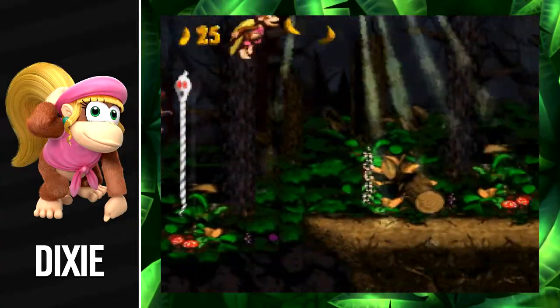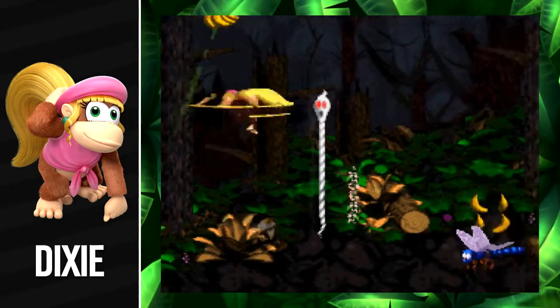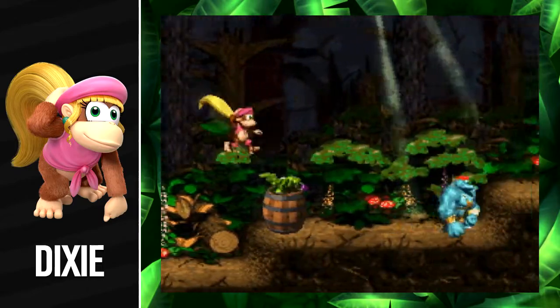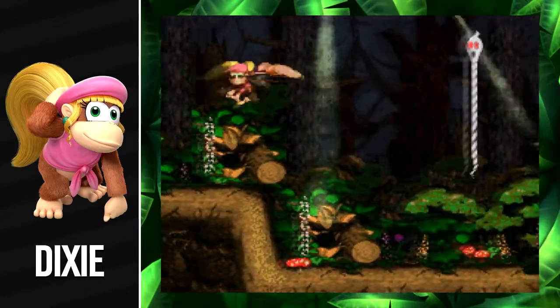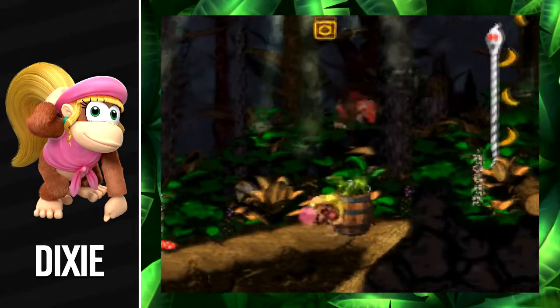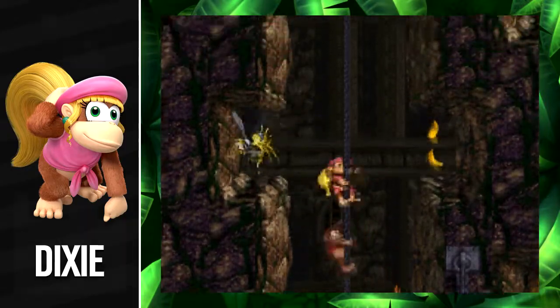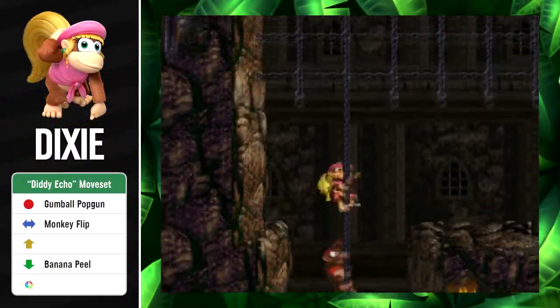Third, Dixie should have the unique property that allows her to glide with her hair when the jump button is being held, since it's essential to her character. The only moveset that the floating wouldn't apply to is the Diddy Echo moveset, since that would be too much of a change to retain the Echo status. That's a perfect way to jump into the Diddy Echo kit since it's the simplest to make for the developers